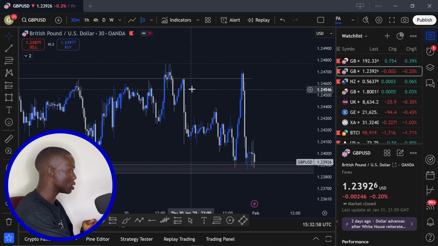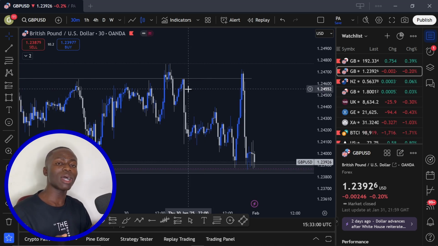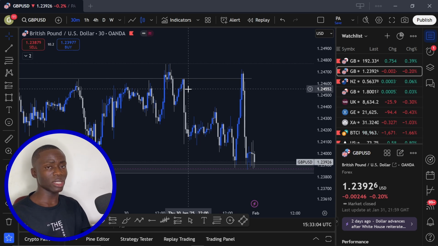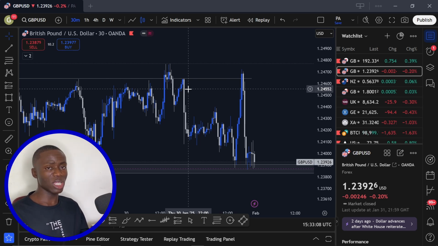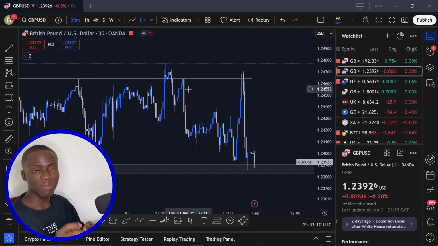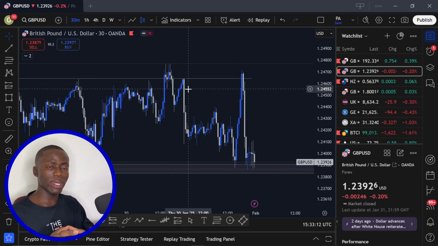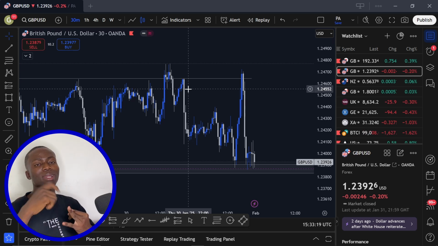This basically means that this area is a strong area where a lot of others are occupied in the market, which means this place is a good area for my take profit. So when you're identifying your take profit levels, if you are in a buy position, make sure that your take profit is at the next supply level or the next support or